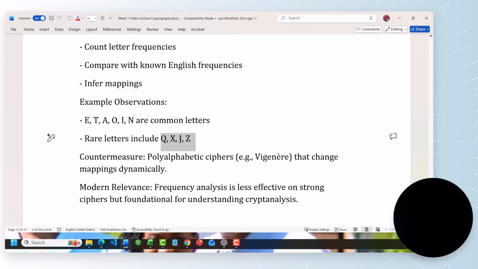Look out in your resources. You'll see your resources for the three ciphers we're going to be talking about as an introduction, and also the information on what the requirements are going to be for the project, both for this week and for the following 7 weeks, and what the expectation is.